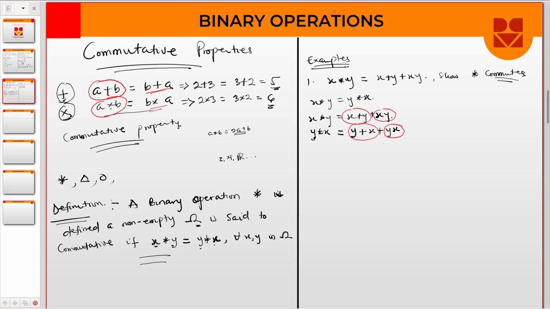So if that's the case, then x plus y is the same as y plus x, which is here a plus b is the same as b plus a. So here we can say that since addition is commutative,